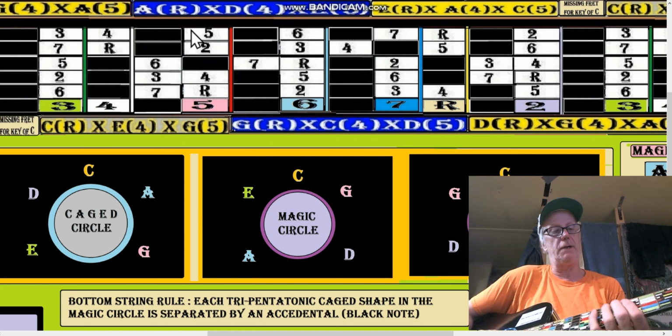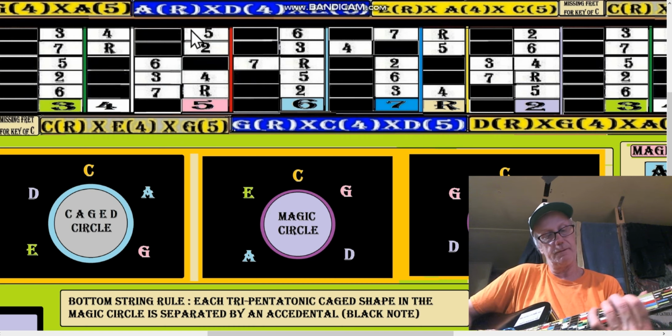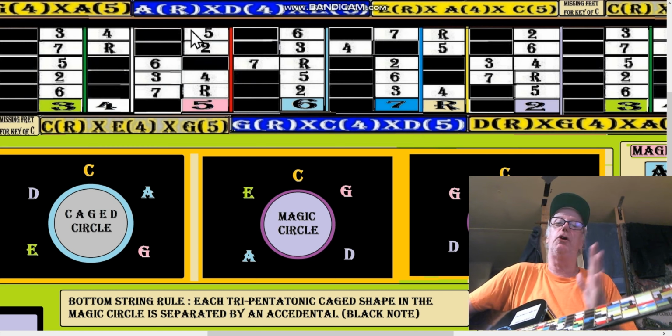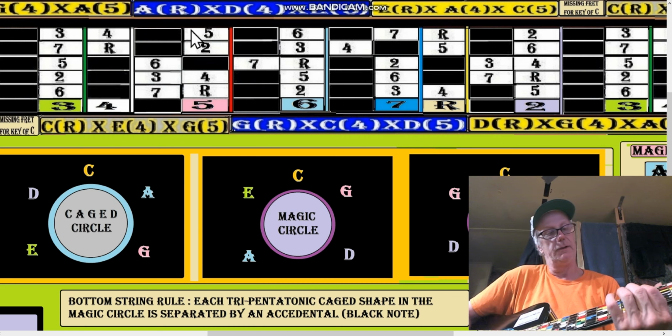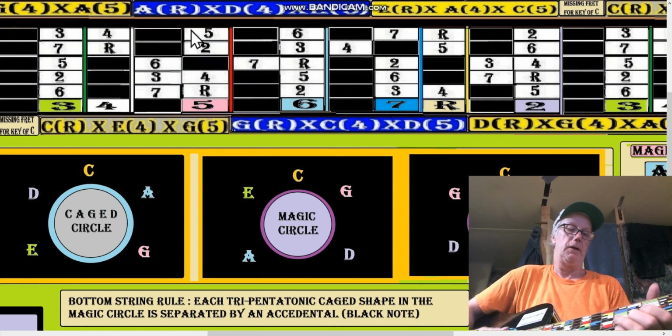Okay, so that's why we move up and we consider the bottom string is important. Alright, and plus we want to play full arpeggios, or have that option. Okay, and then